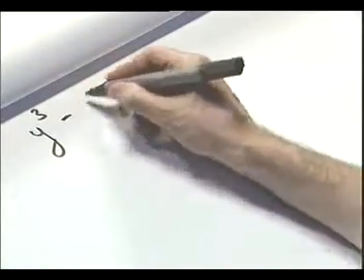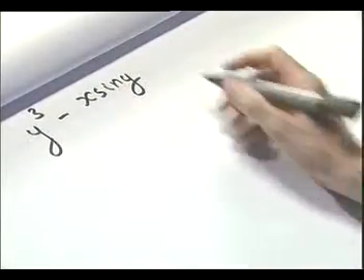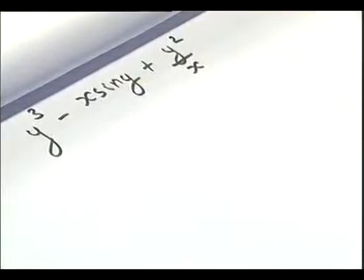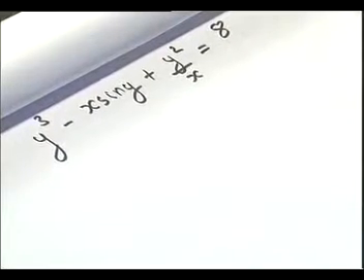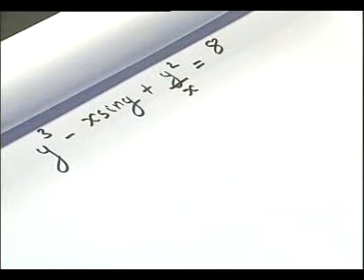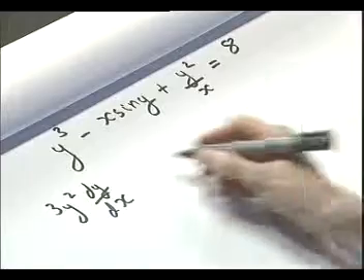y cubed minus x sine y plus y squared over x equals 8. Again, all the x's and y's bundled up together. If possible, we want to be able to do this directly. We want to be able to differentiate it straight away without going through the chain rule. So the derivative of y cubed with respect to y times dy by dx. So that's 3y squared times dy by dx minus,